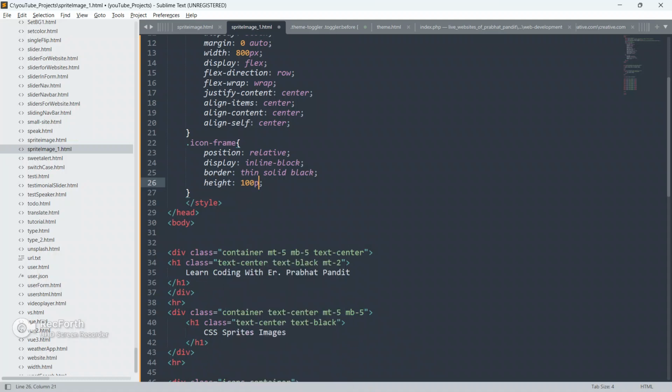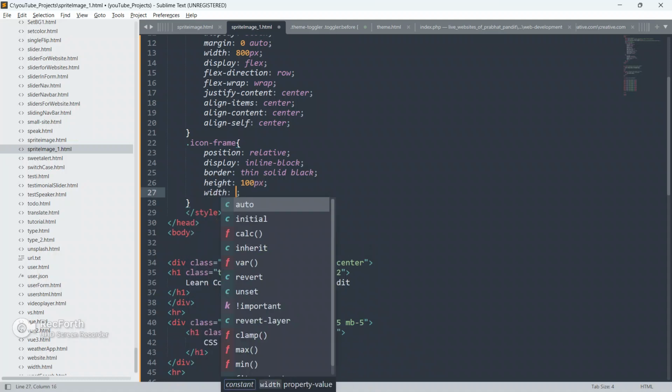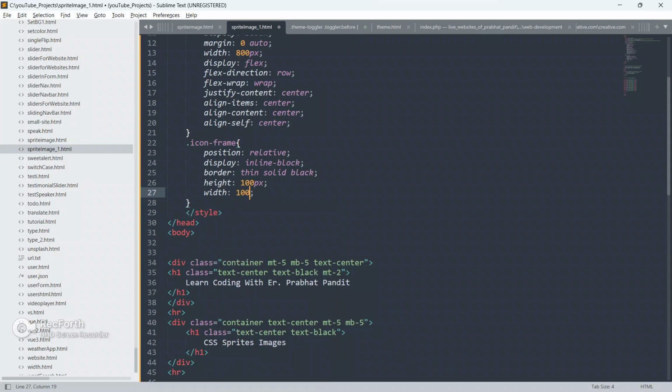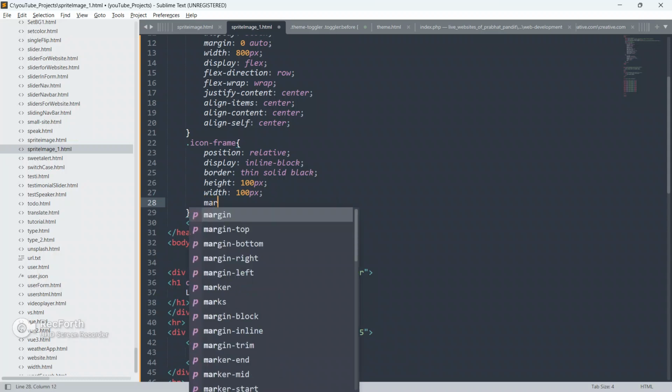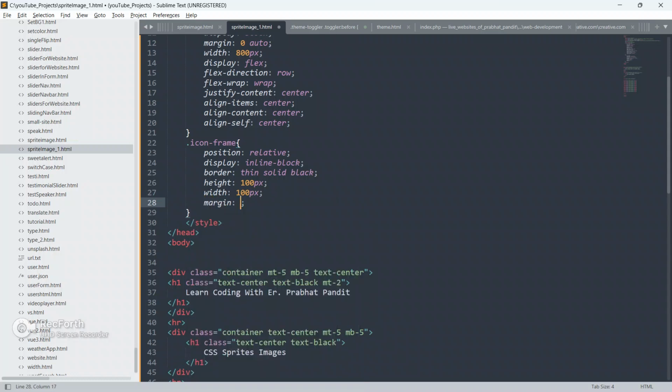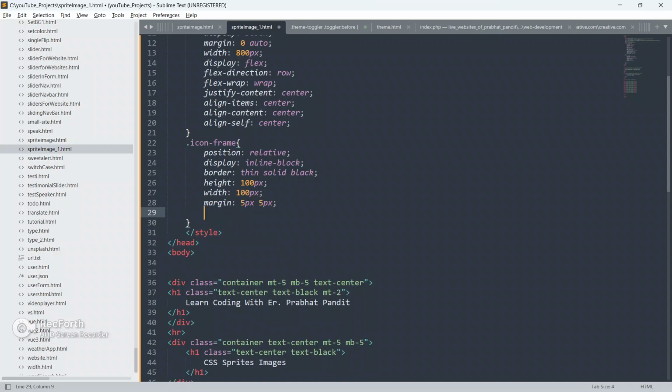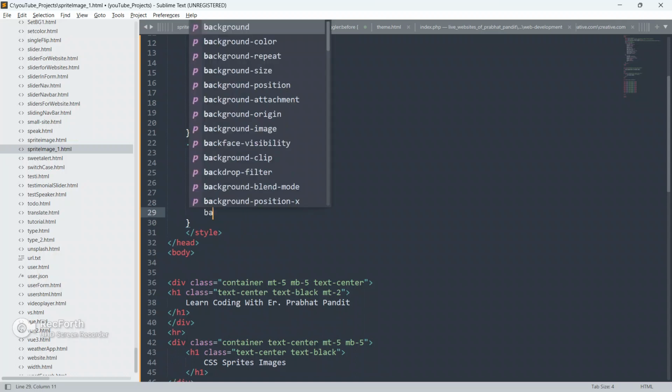Okay, give height 100px, give width also 100px. Okay, so we are making it a square. Okay, so give margin for spacing, 5px and 5px.